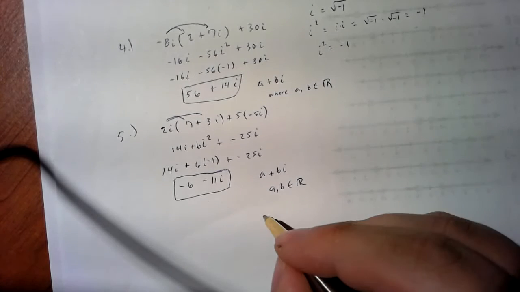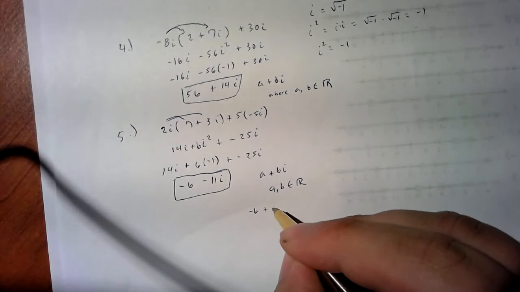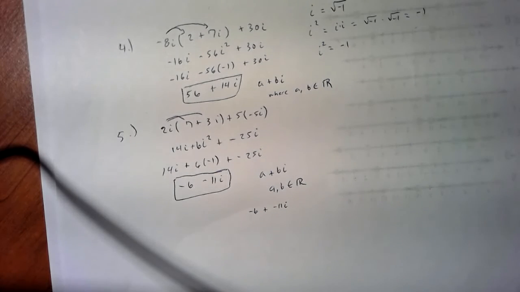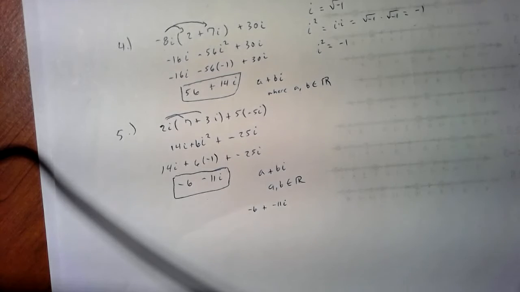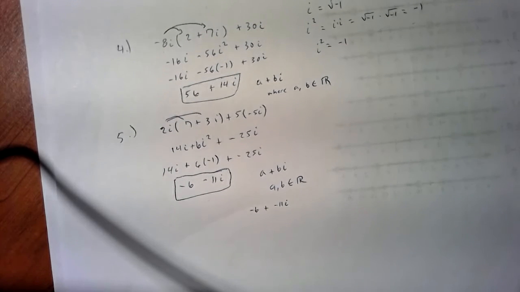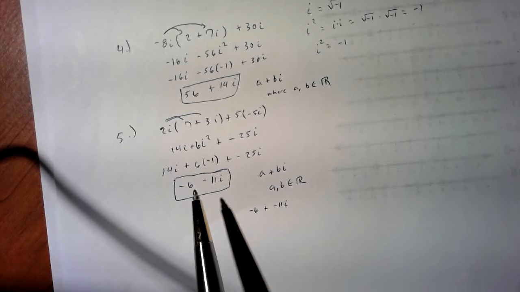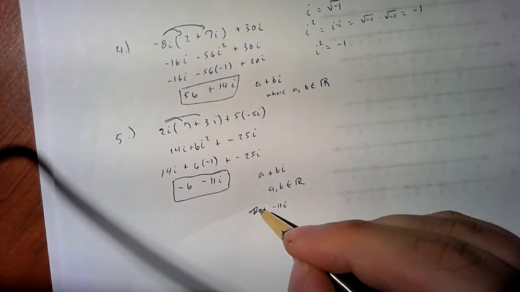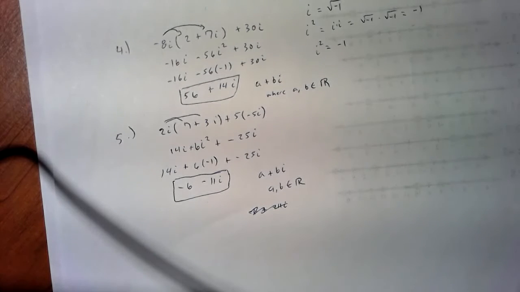So if you think about it, it's kind of like saying negative 6 plus negative 11i. So there's a sneaky plus sign there. You're not seeing it, but there is a plus sign there. So our b is negative 11, which is, remember, b is the number in front of the i. Alright, so just because there's no plus sign here, that doesn't mean that we have written something wrong. It just means that our b is negative, which is fine because b could be any real number. And if you remember, real numbers include